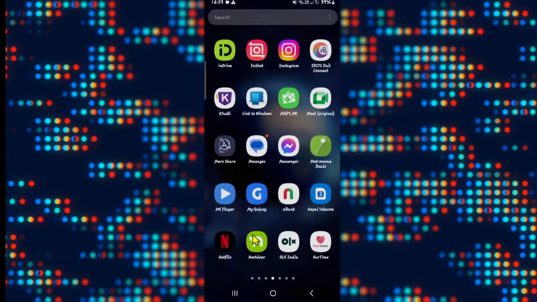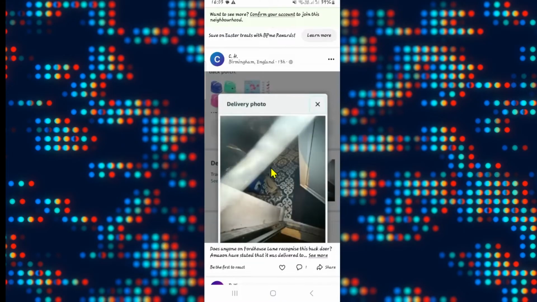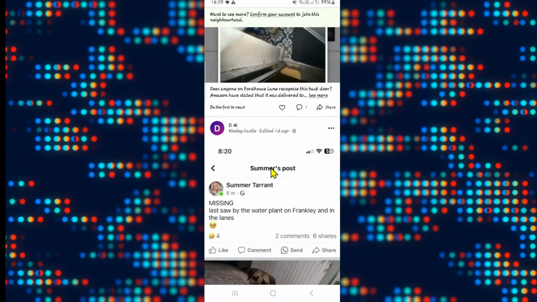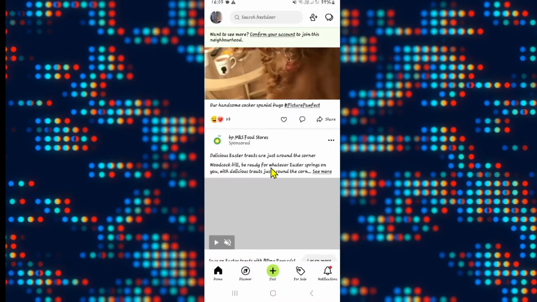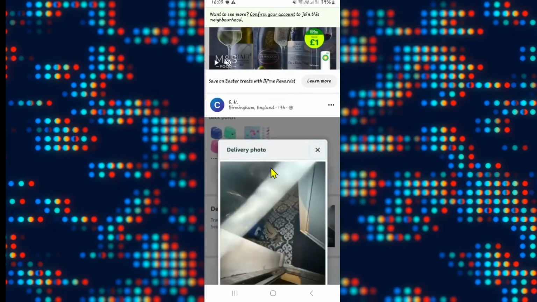First of all, open up the Nextdoor application on your device, and once it is opened up, if you haven't logged into your account already, you will be asked to proceed with logging in. So use your phone number or your email address and your account password in order to log into your account. And once you have been logged in, you will be shown the various different posts that have been made within